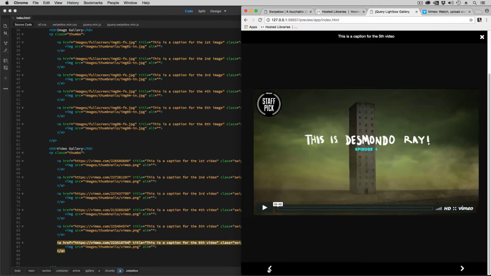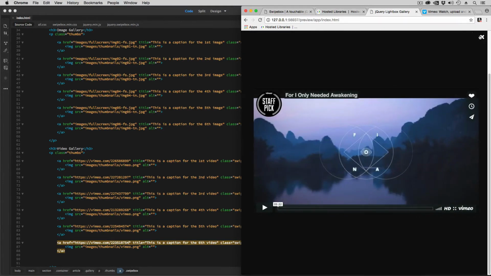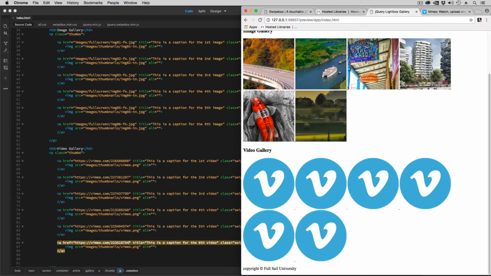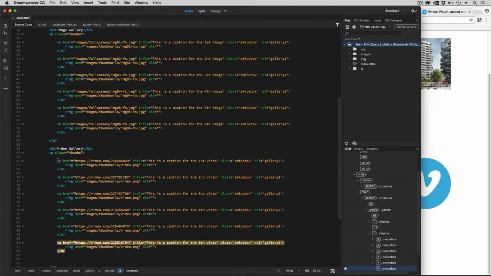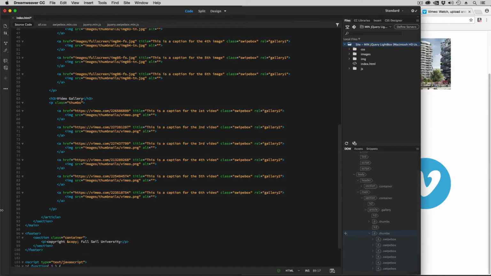So 1, 2, 3, 4, 5, 6. That's easy to get them in there. Now I did put all these in a paragraph. Anchors are considered text elements, so they should go inside of other text elements. What I mean is, an anchor is considered text, so it should typically go inside of a paragraph or a heading 1 through 6, something that is a text element, not just sitting out all by its lonesome in a div. Typically it'll still work, it'll still get rendered, but